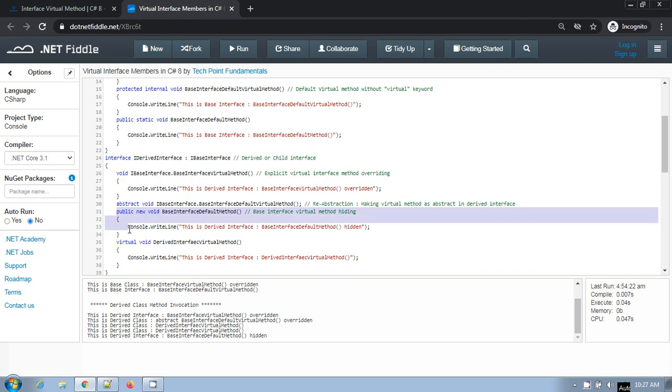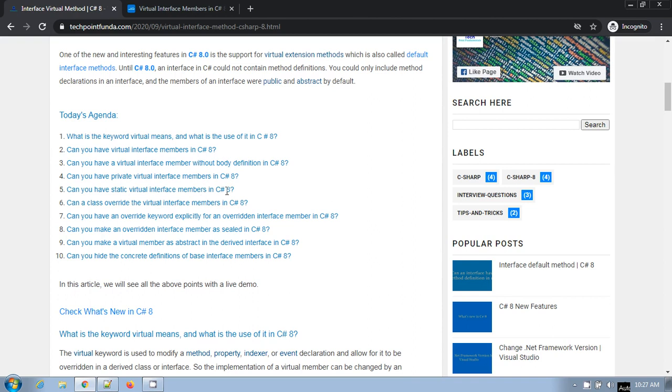So if you are trying to override any base interface virtual member, then you have to provide the explicit implementation for that base interface member. So the answer for this question: yes, you can override the base interface method in the class, but by providing explicit implementation for that member.